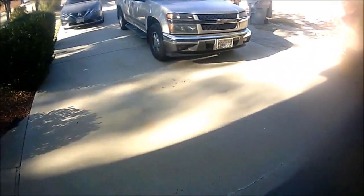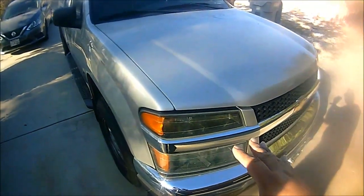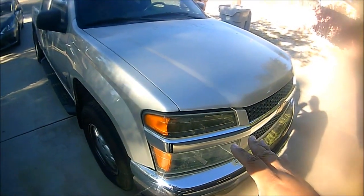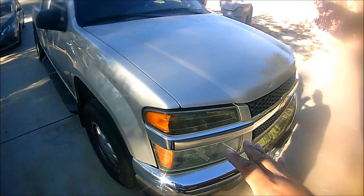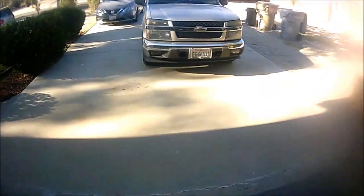Alright guys, so let's go ahead and get this project started. Now again, make sure you have your vehicle on a level surface. We're going to go ahead and drain the coolant. All right, so I'm going to get my handy dandy, let's see if I can find a bucket, so we can go ahead and get this project started. All right guys,